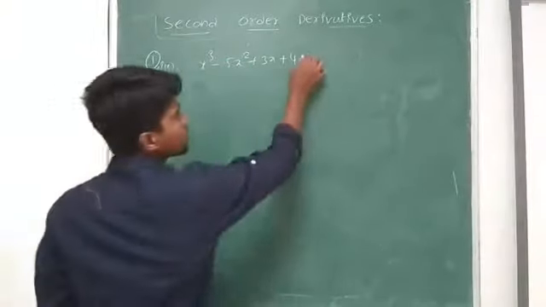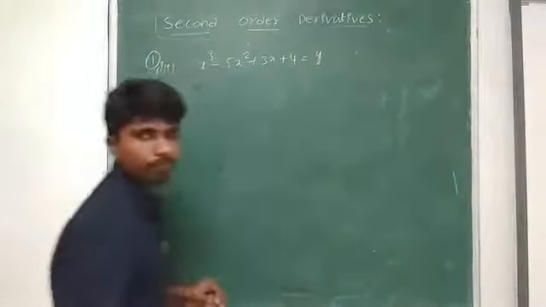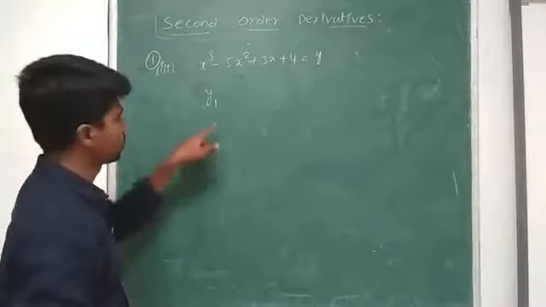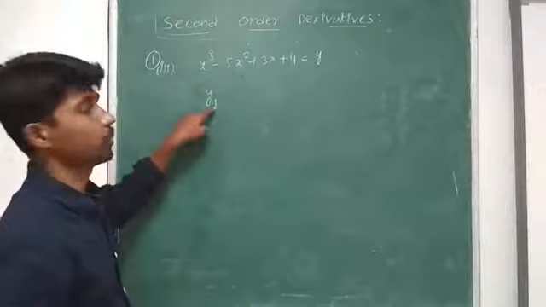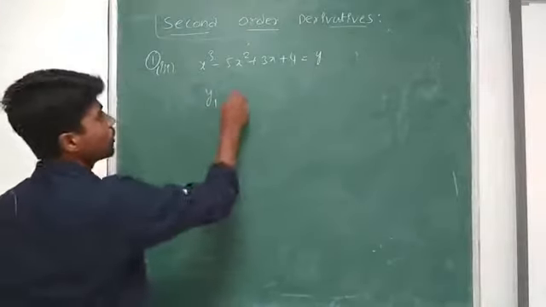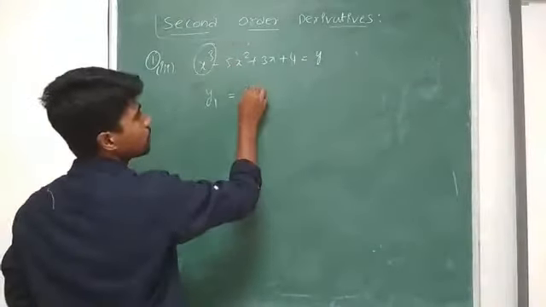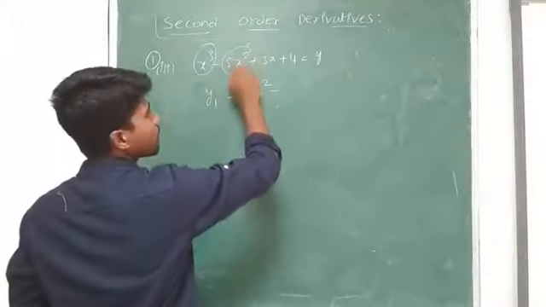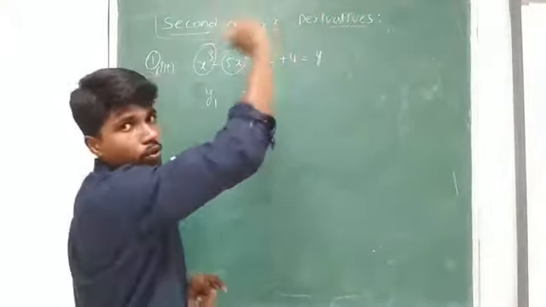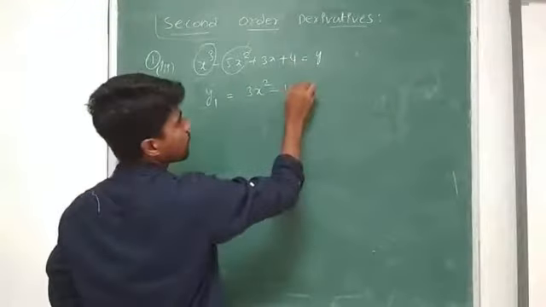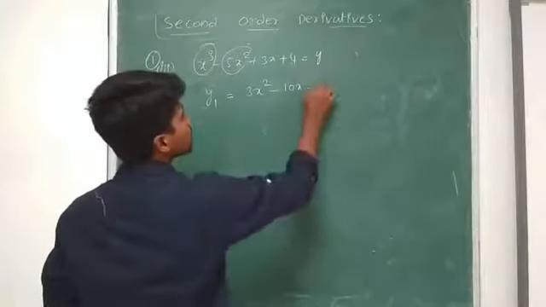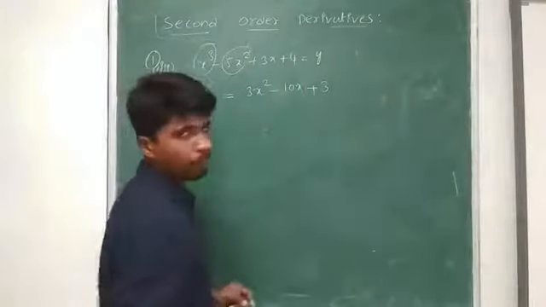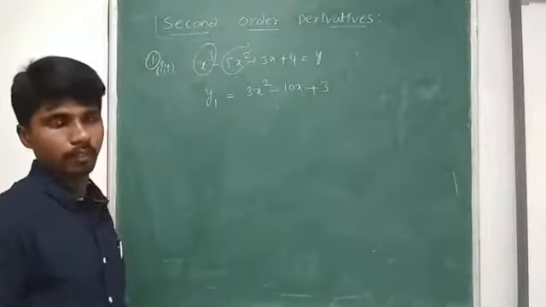So I take this one as some y. I want to find its derivative, y1, one of the notations. I want to use this one in this particular case. y1 is equal to derivative of x cube, 3x square, minus derivative of 5x square, 5 into derivative of x square, 2x, 5 twos are 10, so 10x, plus 3 into derivative of x, 3, and constant 0. So I got y1, nothing but the first derivative.